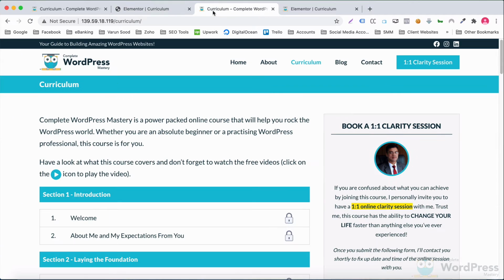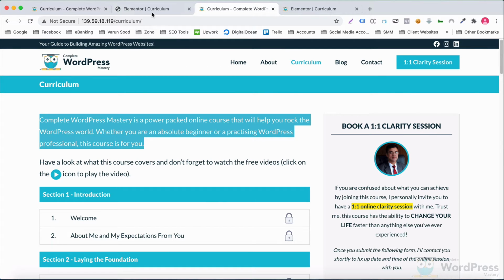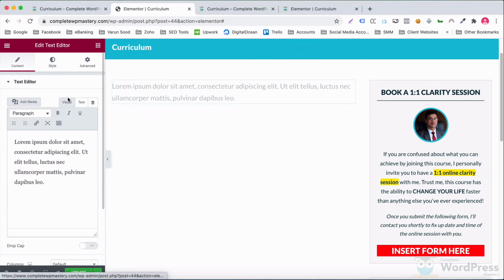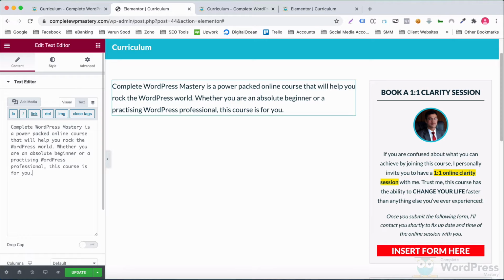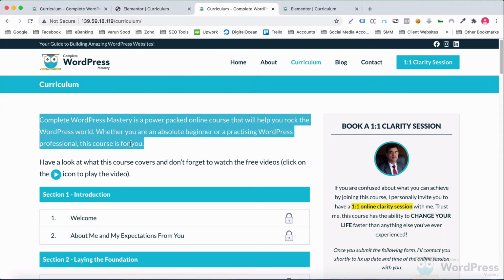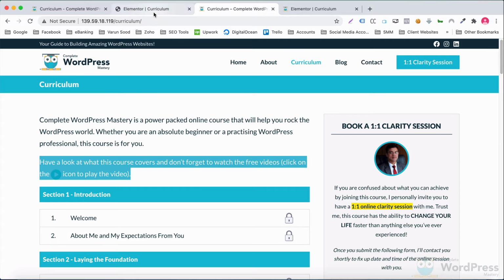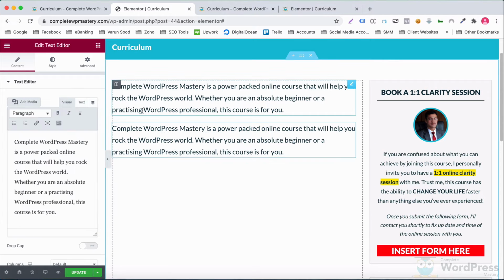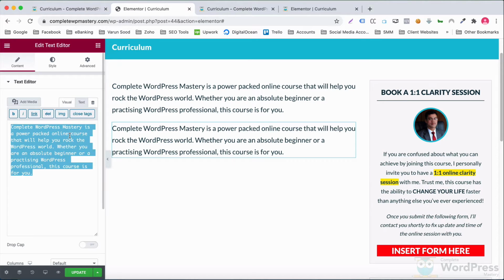Let me quickly grab the text from here and paste it into the widget. I'll now duplicate this widget and paste the text here.